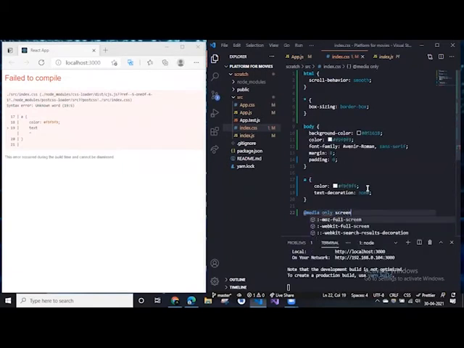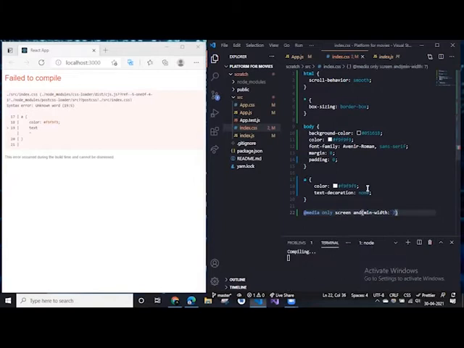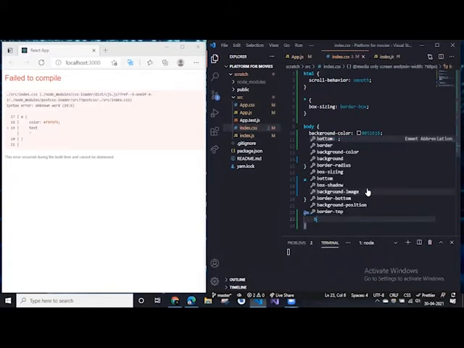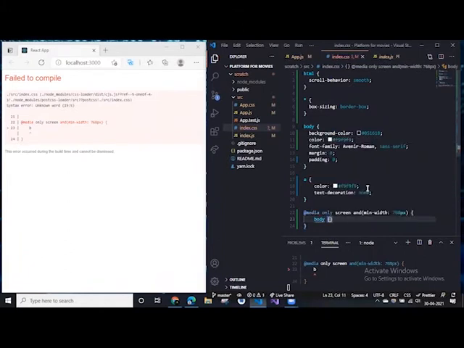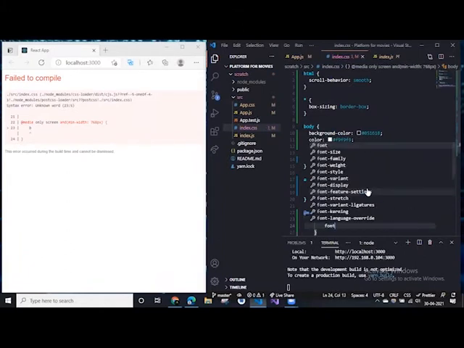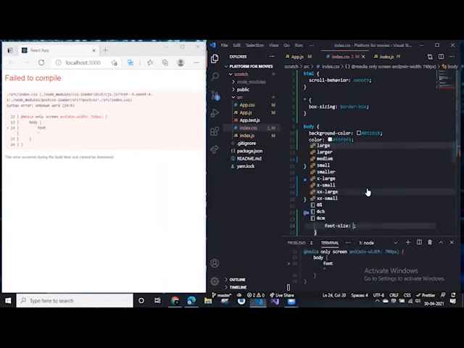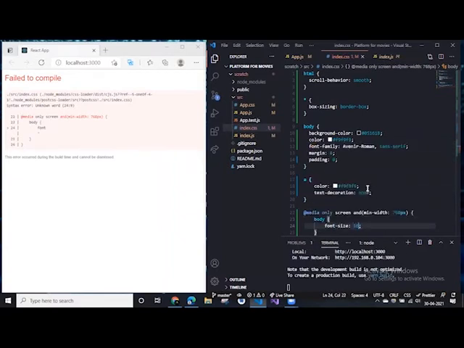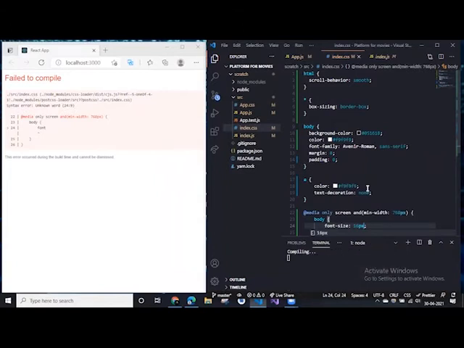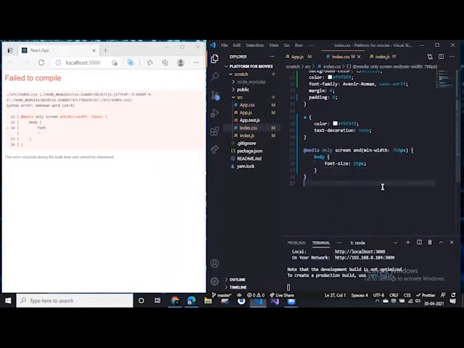only screen and min-width will be somewhat 768 pixels. Then body, where the font size inside the body will be 16px. Okay, then same,